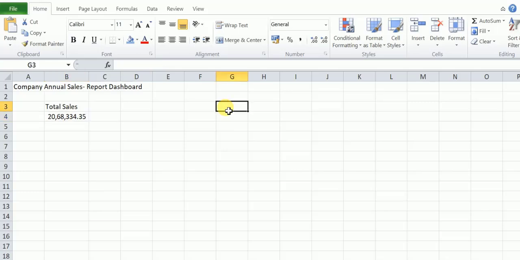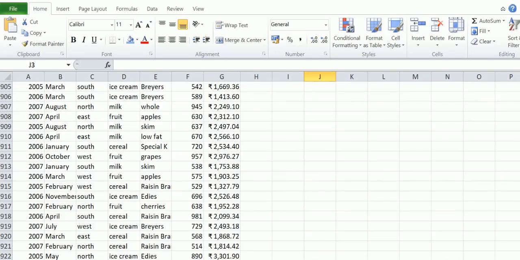Here we will create zones. We will try to select a zone. That particular zone's sales should be displayed in the cell below, and the corresponding units sold should also be displayed here. This we will do now. For this, first we will create a drop down. Before creating this drop down, we need to create drop down names